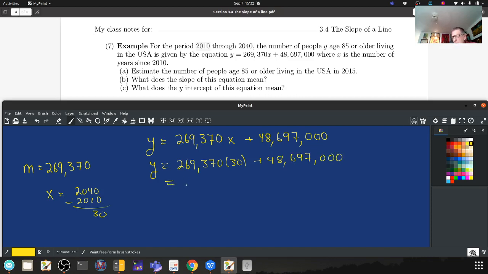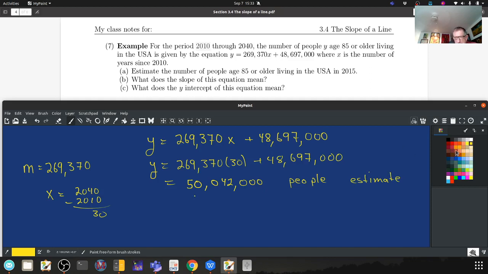And that's going to turn out to be, I'm just looking at my own answers over there. The estimate, what we got from here, is 50,042,000 people. What kind of people? People 85 or older. And that's the estimate from the formula, and the exact number turns out to be